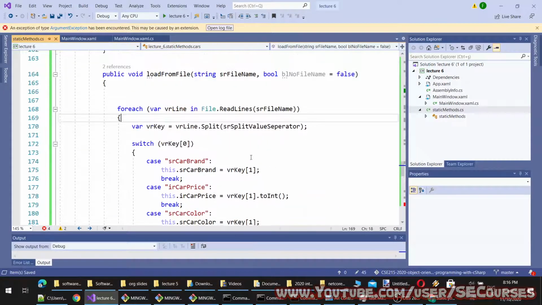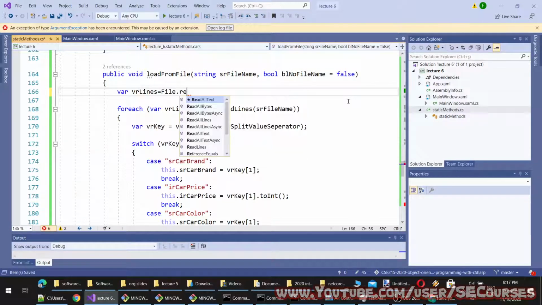I think I will modify this into all lines. Let's make it like this.